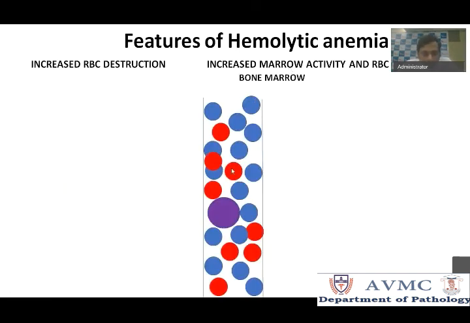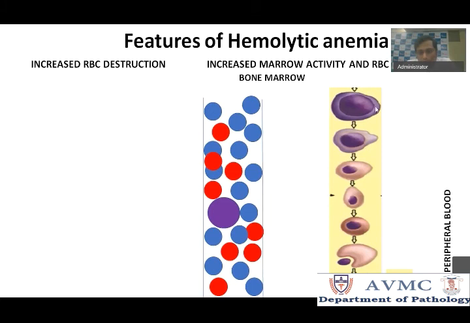All the red ones are erythroid precursors, the blue ones are myeloid or WBC precursors, and the purple one is a megakaryocyte. Okay, and this is the erythropoiesis that we have seen. So this is pronormoblast, basophilic erythroblast, early, intermediate, late. Then the nucleus is lost and it becomes a reticulocyte. The reticulocyte has RNA, and then the RBC is sent out. So this is normal marrow, and this is normal erythropoiesis.